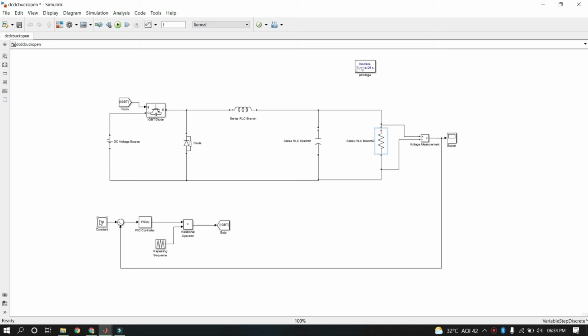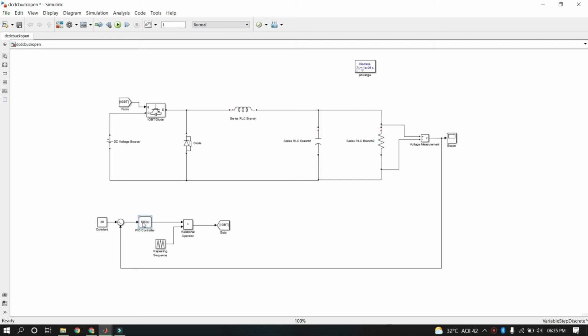Now the main part that is very much important when you are doing the closed loop simulation is the tuning of the controller. Believe me, this can be a very tricky task. It can take few days, few hours, some weeks also, some months also. When you are having more and more complex system, it can take few weeks or months also in order to tune this controller. There are few methods also available to tune this PI controller, but that are not that accurate. So basically the most accurate method that we are using is the trial and error method.